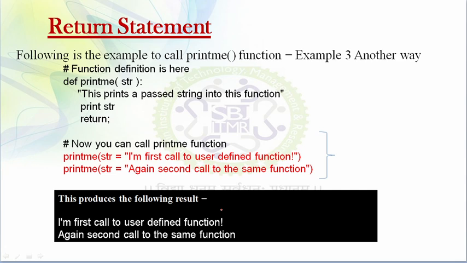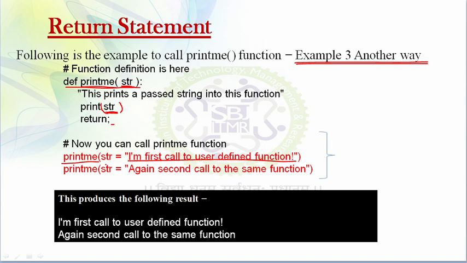Now we can also have another way of passing the string. So let's see, here I'm taking the same example, but I'm showing another way. I've used the same print me function. I am passing a string to my print me function, and this is simply printing the value of that string, and after that it is returning. Okay, so I'm calling the function print me, and in the previous example I directly passed this string.